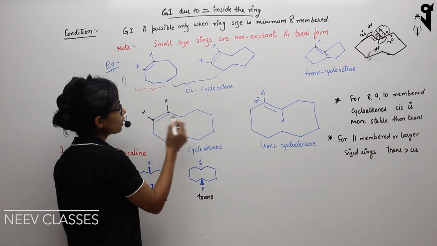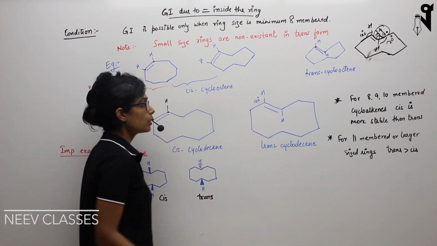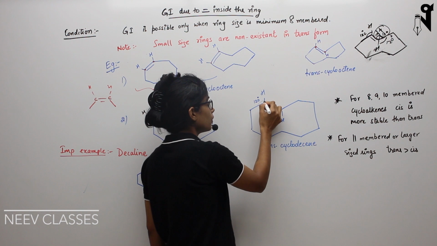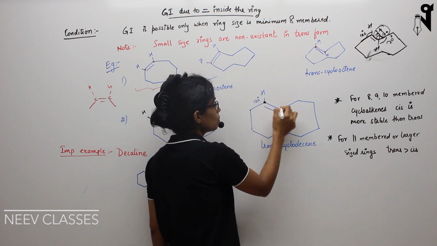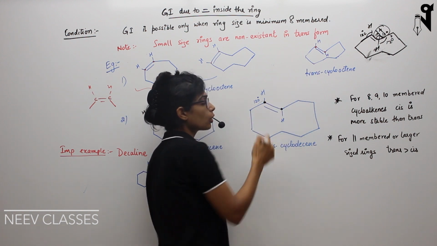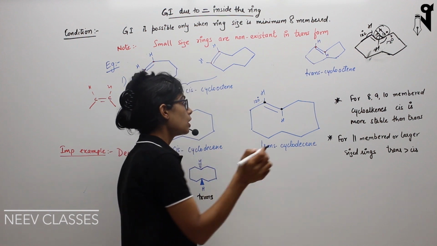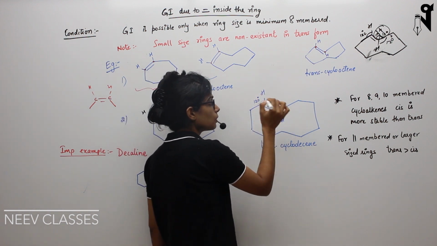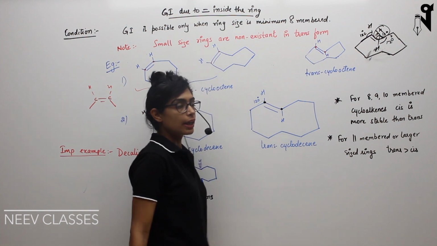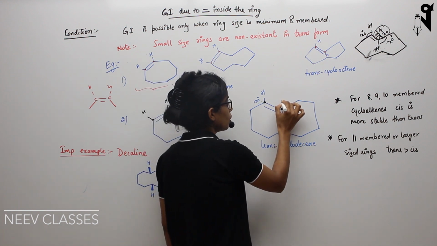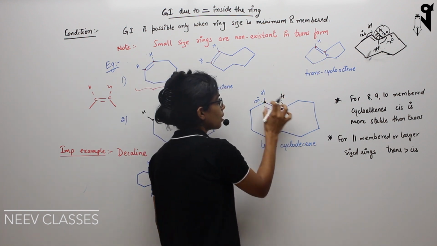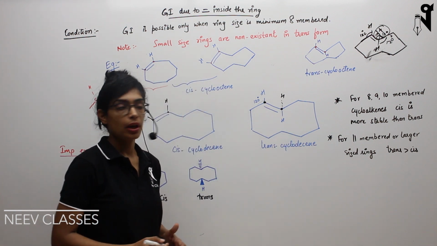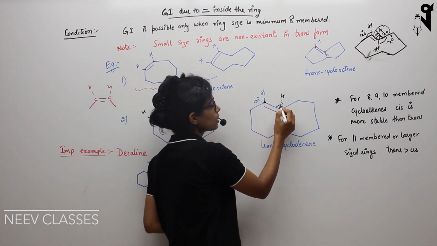If I shift the double bond and put it here, now what is the problem? You have an R group over here, and these are the two carbons in reference. This is your R group and this is your R group. So the R's are already opposite to each other. So this hydrogen will be placed up, this hydrogen will be placed down, and this will be trans-cyclodecene. I cannot place hydrogen up. I can never make these two carbons cis, otherwise there will be a lot of angle strain on this carbon-hydrogen bond.